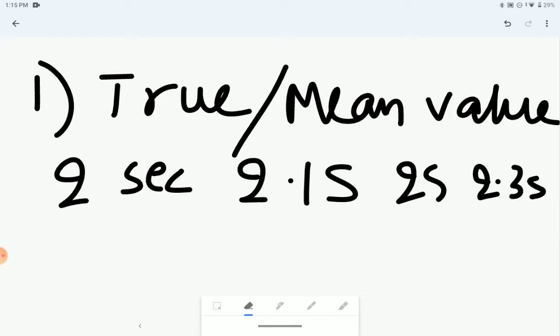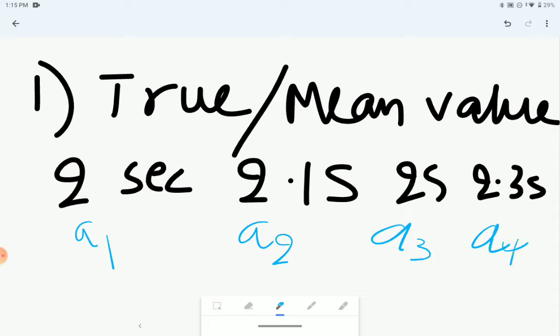If some physical quantity is measured n times, then these measured values be a1, a2, a3, a4, right? And so on, let's say n number of times. If you measured a physical quantity n times, then these measured values be a1, a2, a3, a4, and so on, an. Then the true or mean value is defined as,